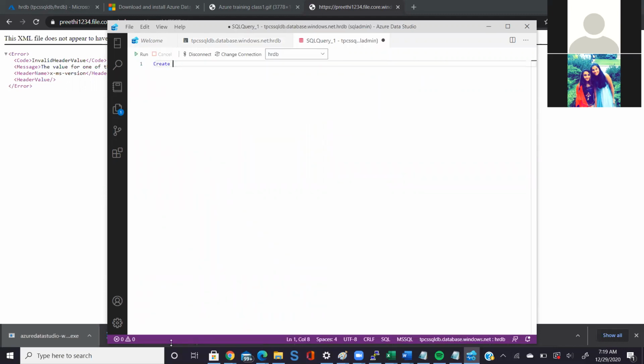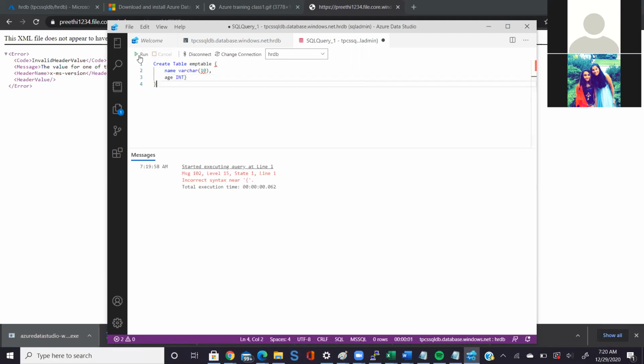So I say create, employee table, and then name varchar 10 and age integer. Let's just keep these two and just say run. So now your table gets created.